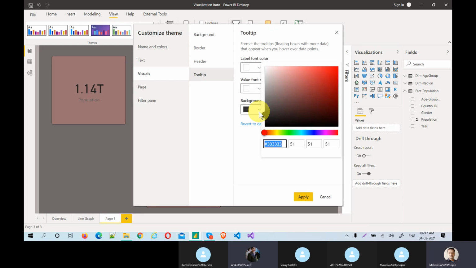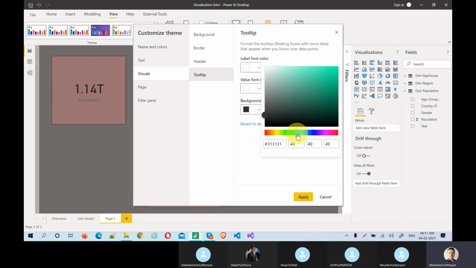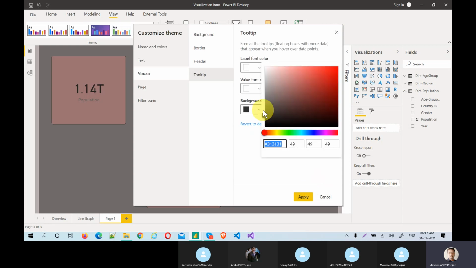Okay. So let's say for the tooltip, every time we see black, right? If you don't want to see that black, you can just apply some colors.